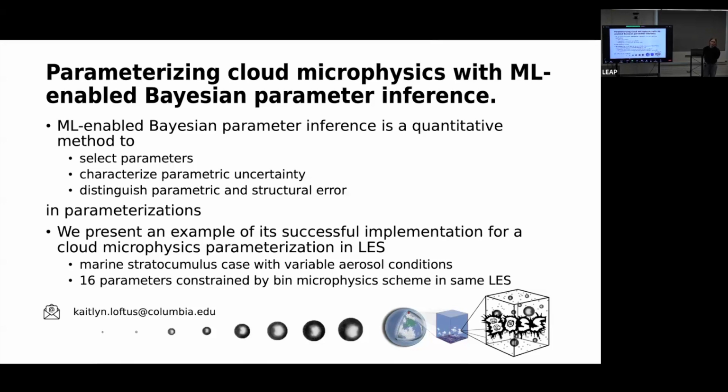What I have been working on recently is also including as parameter inputs variables that characterize the temperature profile and water vapor profile. And in those cases, we do see the emergence of different cloud morphologies like open and closed cell stratocumulus. We haven't fully run the emulated results back through the LES yet.